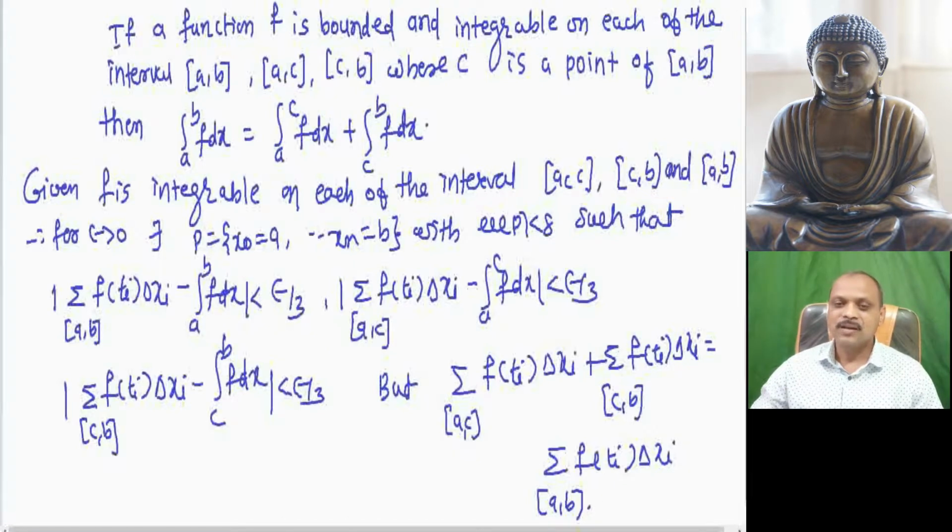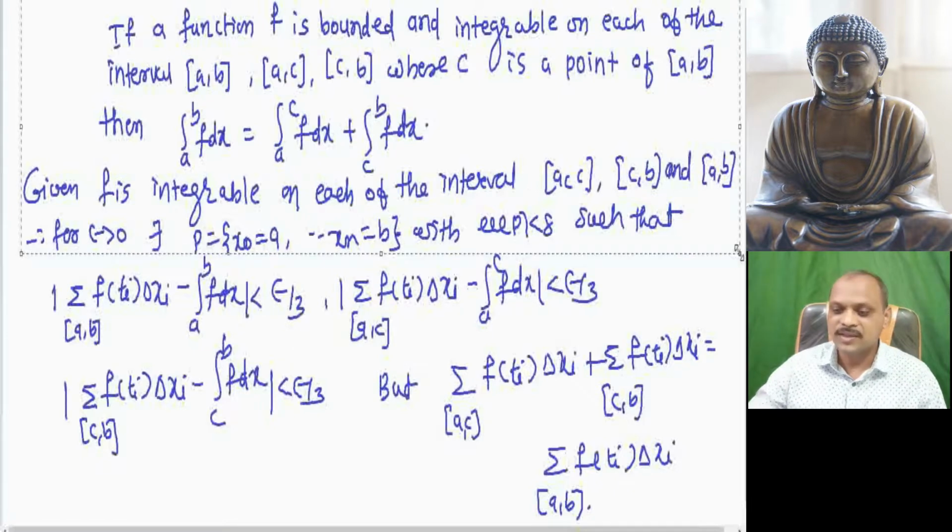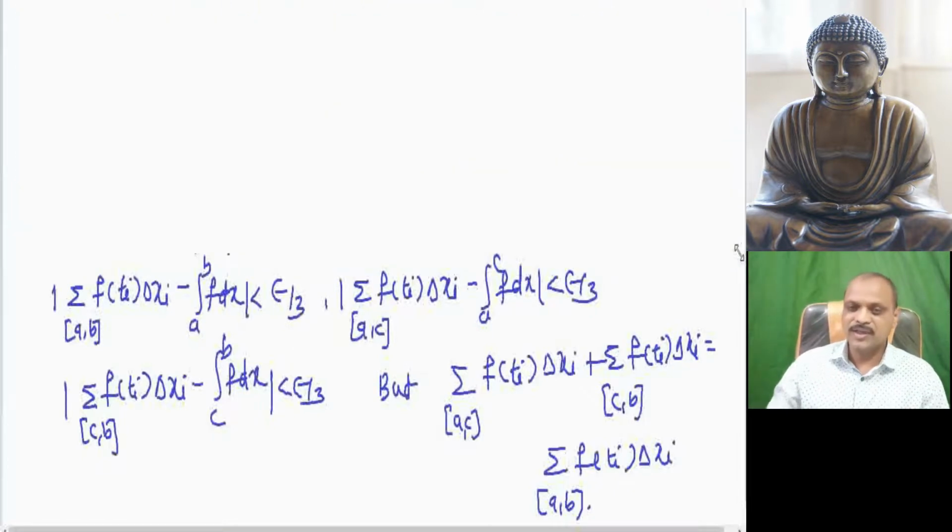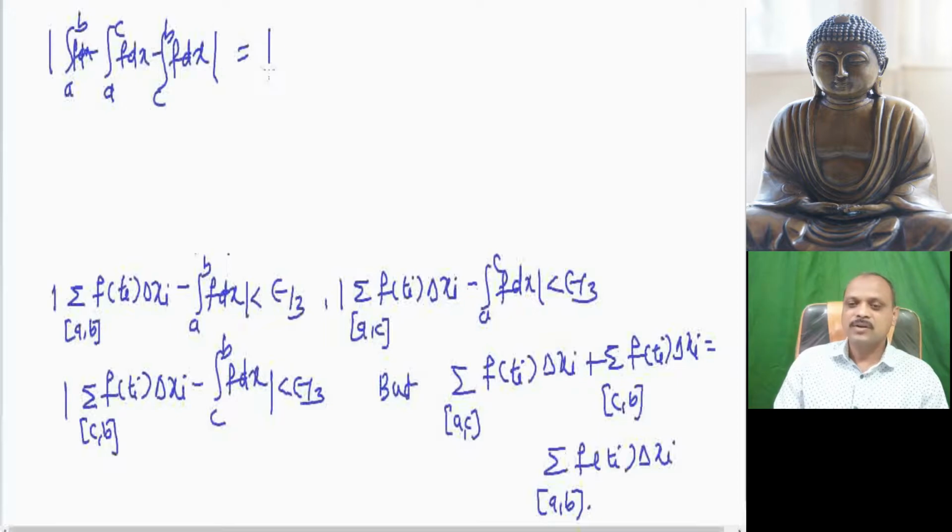Then let us calculate the modulus value of this integration. Here mod of integration a to b f dx minus integration a to c f dx minus integration c to b f dx equal to integration a to b f dx